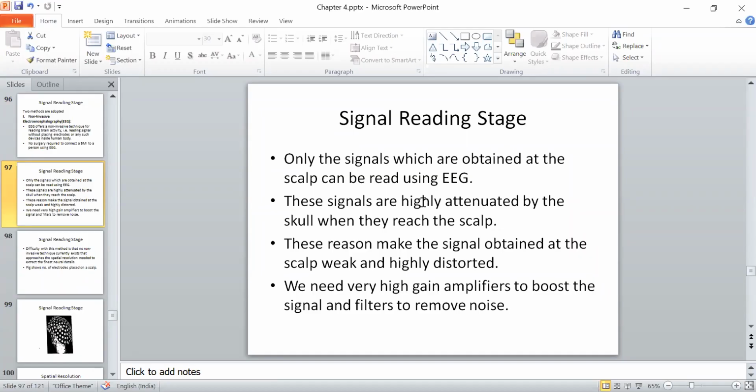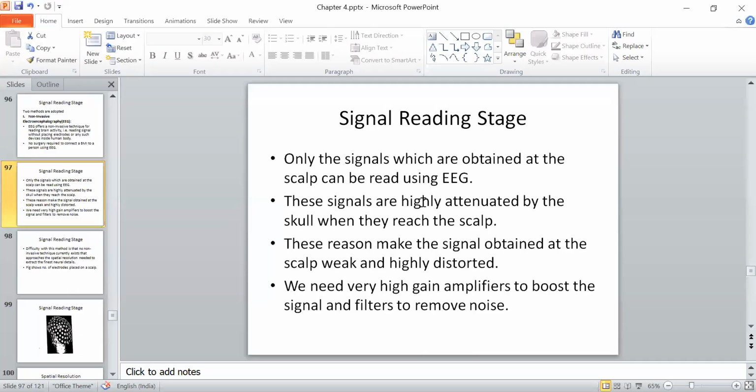But the issue is this, because you put the electrode on the scalp, whenever your electrode reads the signal, the signals are highly attenuated due to the skull. स्कल से होते हुए आपके स्कैल्प तक आते हैं, उस वजह से बहुत ज़्यादा ये नॉइजी होते हैं और बहुत ज़्यादा वीक सिग्नल ये होता है, जिसे रीड कर पाना बहुत डिफिकल्ट होता है. रीड तो हम कर लेते हैं पर हमें फाइंड आउट कर पाना, उसको डिफ्रेंशिएट कर पाना, हर एक डिफरेंट एक्टिविटी के लिए ह्यूमन ब्रेन डिफरेंट सिग्नल जनरेट करता है.